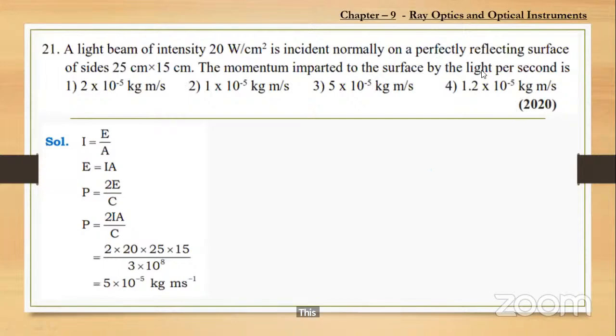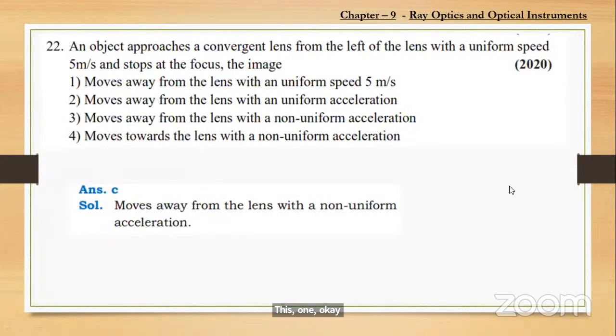Okay students, I think you got this one problem. Next one, an object approaches a